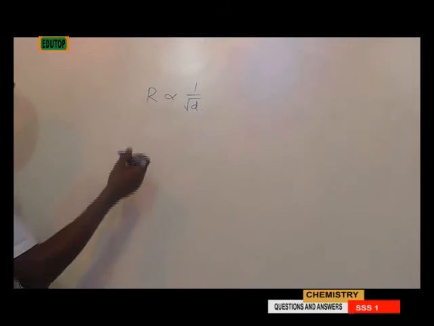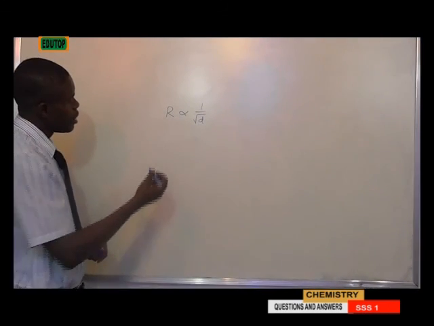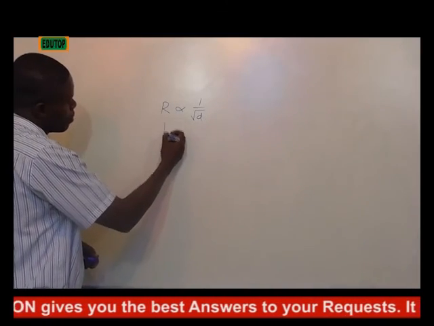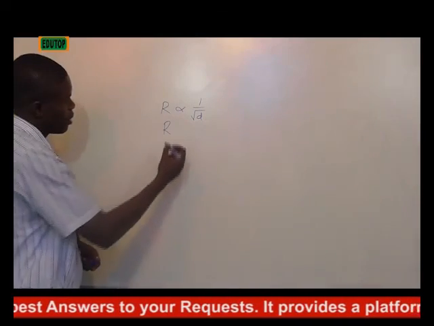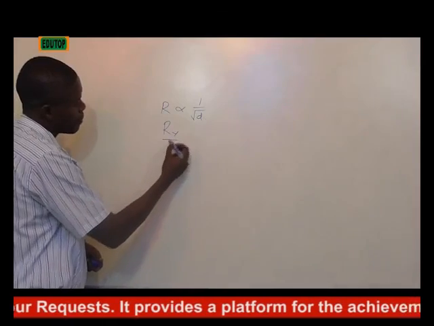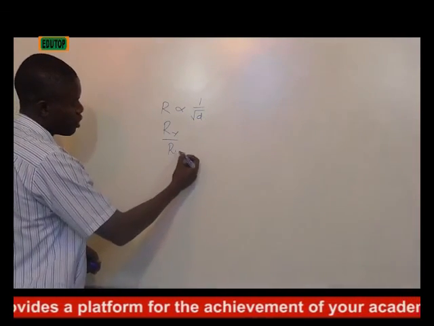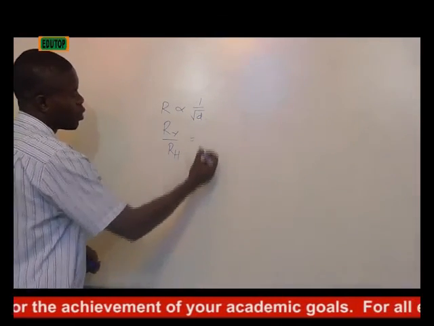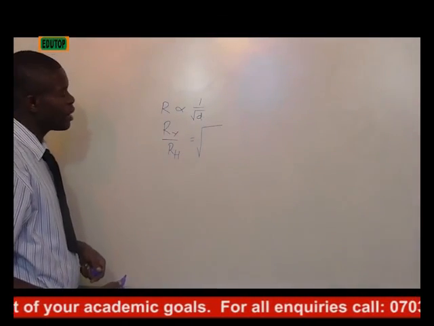If I want to rewrite this formula, it can be rewritten as R for the first gas, Y, the unknown, over R for the second gas, which is hydrogen, is equivalent to the square root of the vapor density of